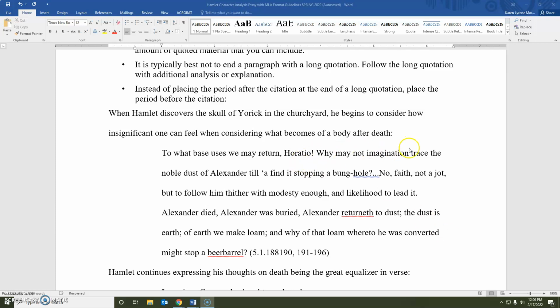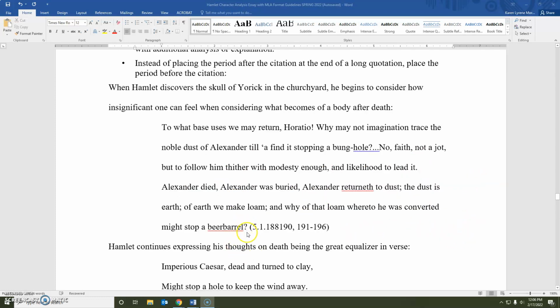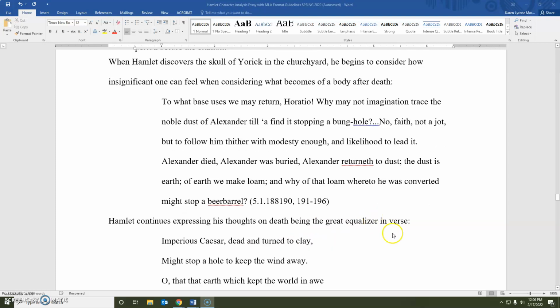Here's an example of a block quotation of prose, so not poetry. You can see how the lines just go all the way to the end. And this ends with a question mark, but even if it were to end with a period, I would still put the lines I have quoted here. You'll notice that I have a comma here because I have left out a few words. So I put the ellipses there to indicate for my reader where I have left something out. And it's really just apparently the end or beginning between these 2 lines here.